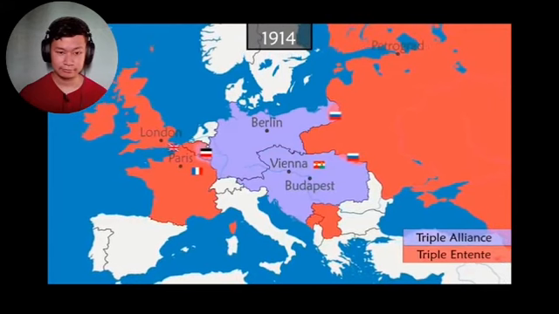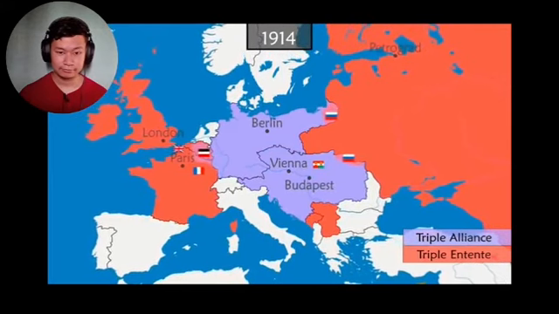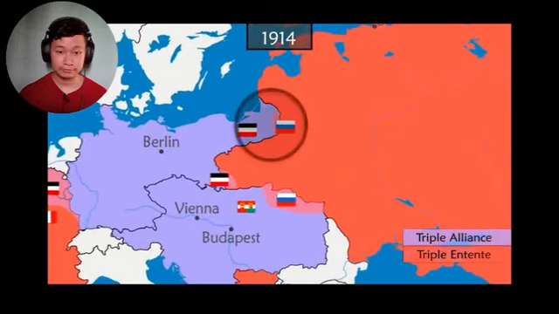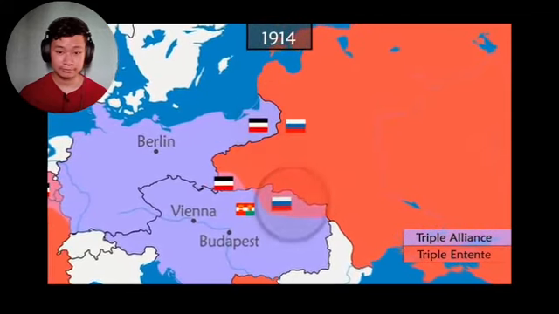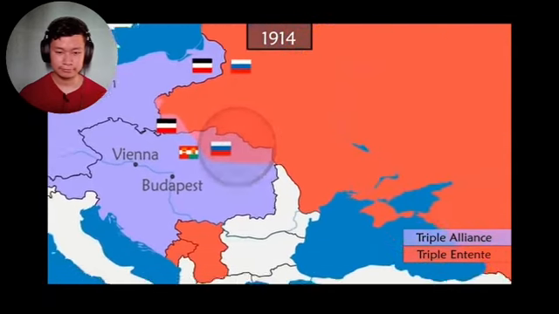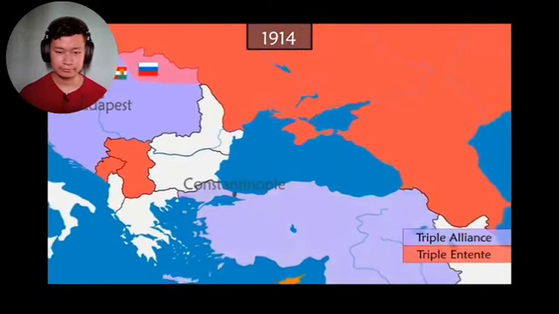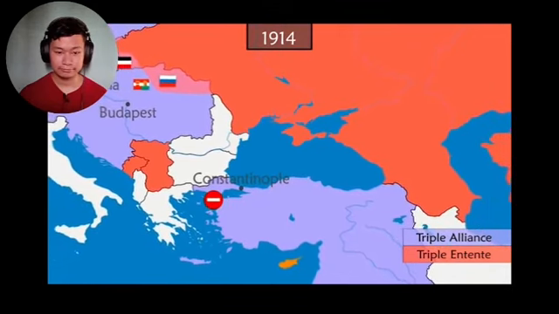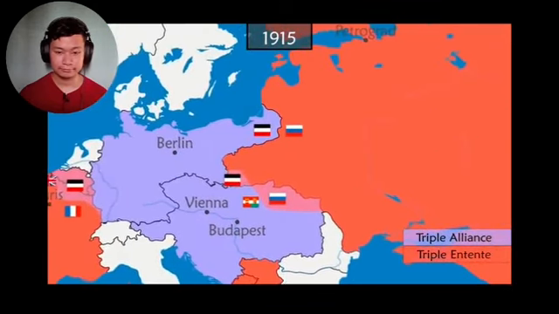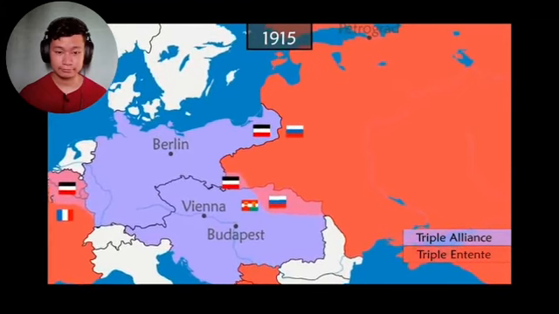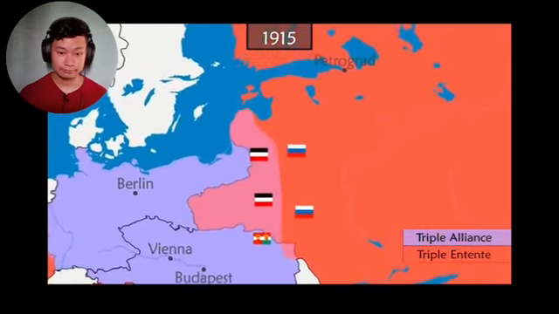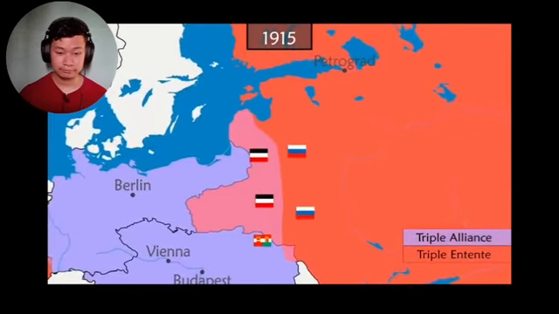In London, the members of the Triple Entente agree not to sign a separate peace. The Russian armies are pushed back from East Prussia, but manage to move into Galicia. The Ottoman Empire joins the Triple Alliance and closes the straits, isolating Russia completely. In 1915, while the Western Front is frozen in trenches, Germany turns to Russia, where it seizes many territories. But here too, the front is frozen.